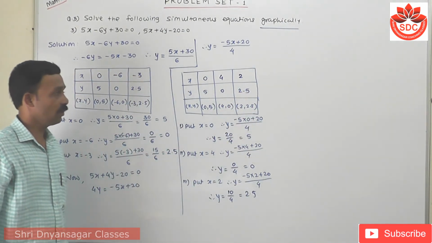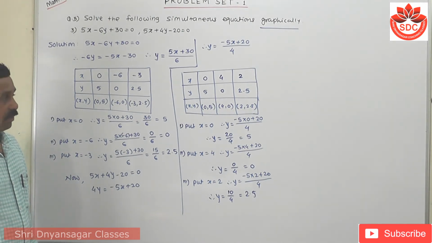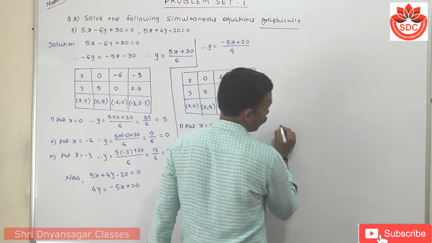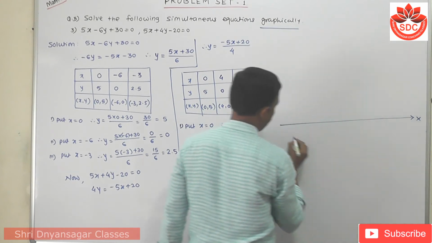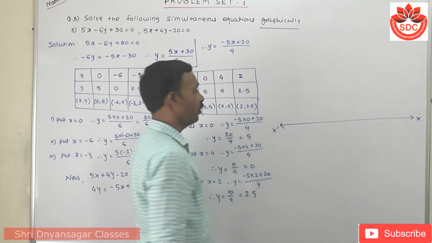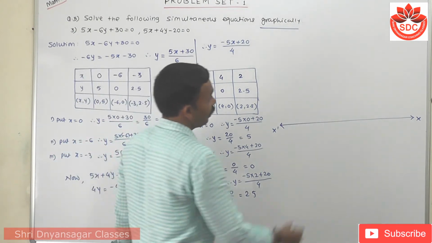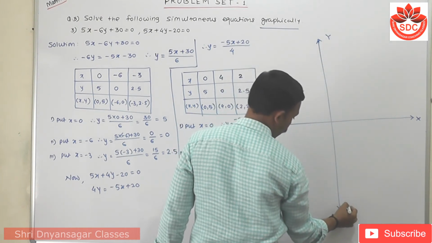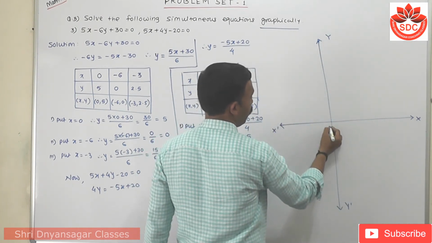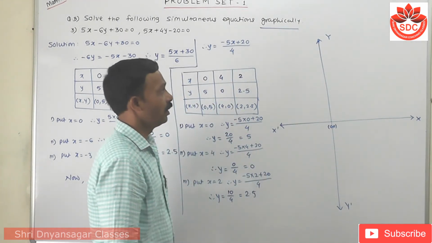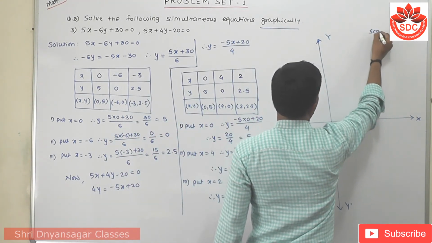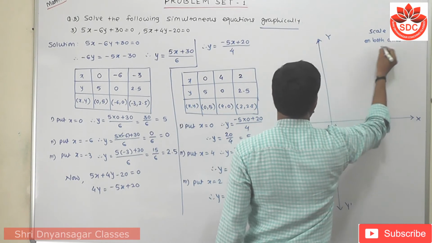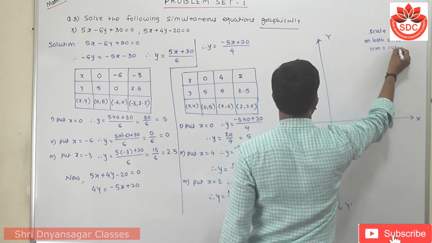Can you understand this? How to prepare the table? Now we draw the graph using these ordered pairs. Now all of you know that this is our horizontal line, which is called the x-axis, denoted by x and x dash. Then this is our vertical line, the y-axis, denoted by y and y dash. This is our origin, having coordinates 0, 0. Students, always write the scale, and the scale is on both axes. 1 centimeter is equal to 1 unit.